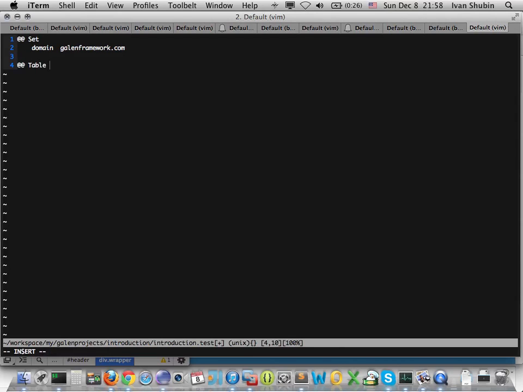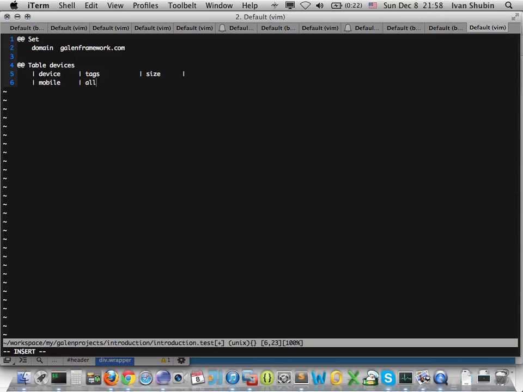Then we're going to create a table called devices. That's going to be used for parameterization of our test. For now, we're only going to use 2 devices, so it's not that important to test it on tablet for the moment for this video. What I'm doing here, I'm declaring a header for the table, and these will be the names of the variables in our parameterized test. So now we shall define a mobile,